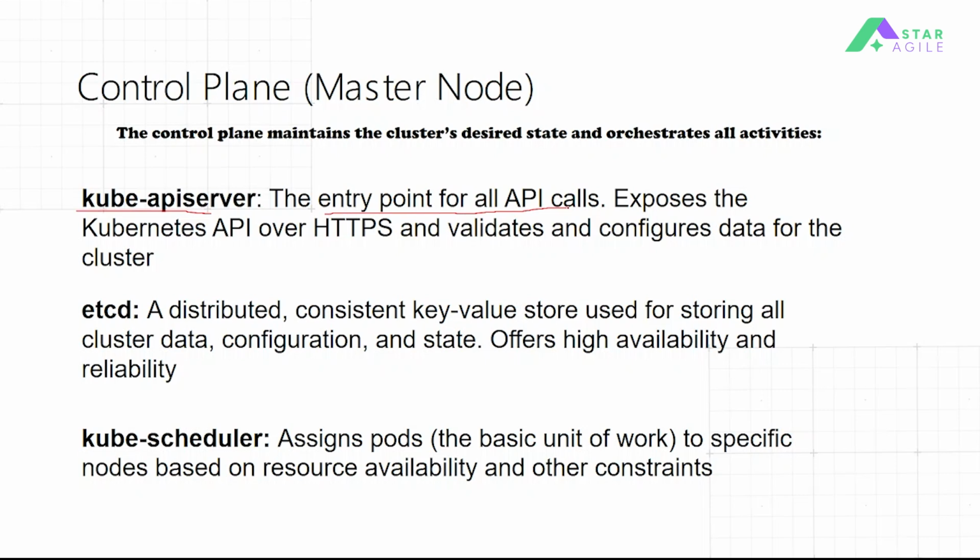All right, people, as I explained, Kube API server is called the entry point of all the API calls. If you want to interact with your controller or scheduler, or for that matter with etcd, or with any components of Kubernetes, we will take the help of what? API server, or Kube API server. And next, like I explained, it exposes all the Kubernetes APIs over HTTPS to the outside world. Right. So this is what I discussed earlier.